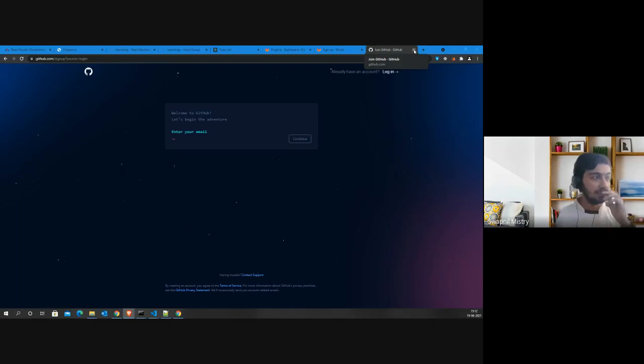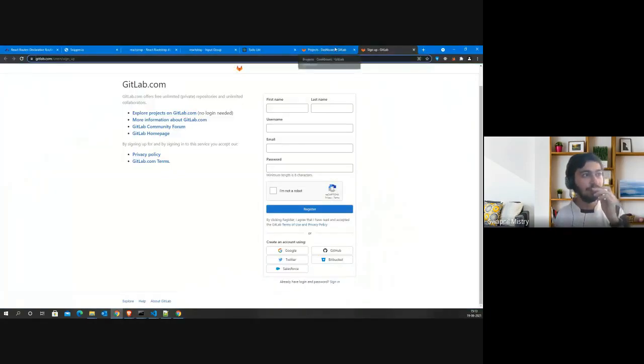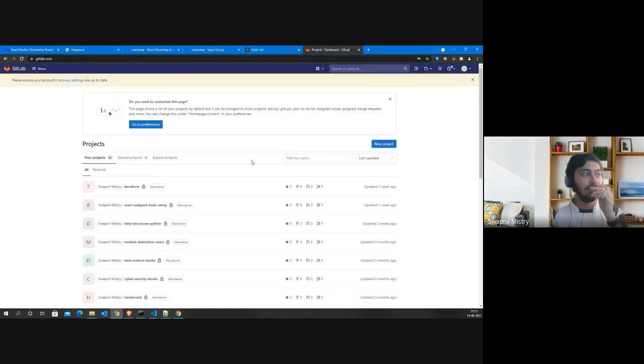I will recommend going with GitLab if you would like to follow this session because I have my account up and running on GitLab over here, and you can also see a couple of projects over here. So I will be using this account to push this project. After pushing, I will be sharing this Git link with you guys so that you can directly access it and download it on your system. Okay. So we'll see how you can push it to Git, and we will also see how you can download it from Git.